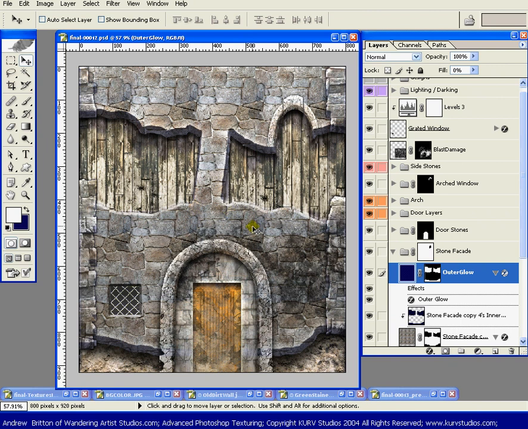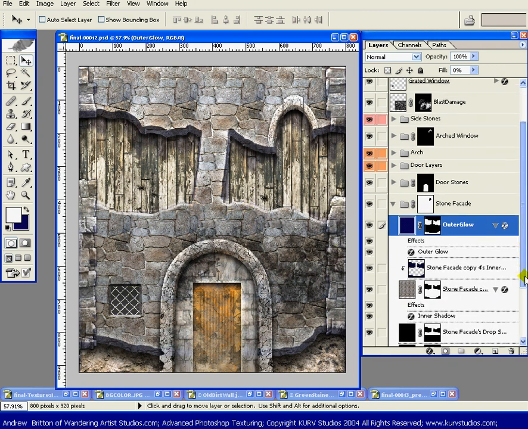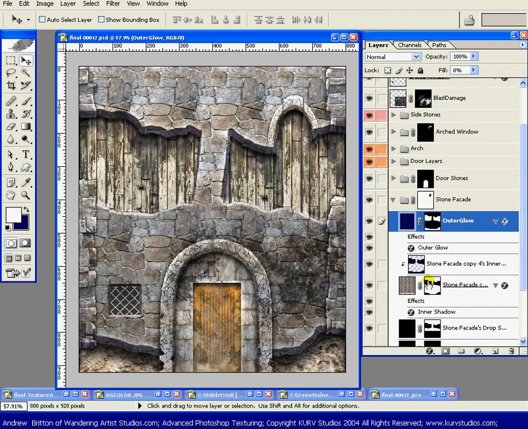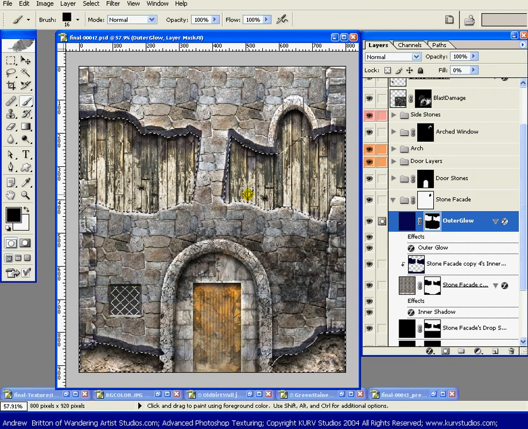Alright, so to take care of this little line, what I'll do is select the layer mask for the original stones. I can see that my dancing ants are now right along those lines. And all I want to do is brush in this space. But right now that's the negative space, so I'll just Control-Shift-I, invert my selection, and now, using the brush tool,